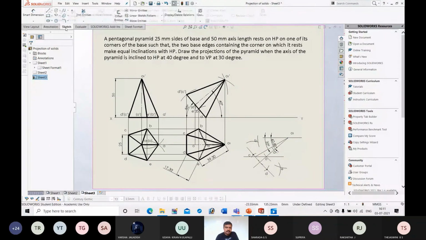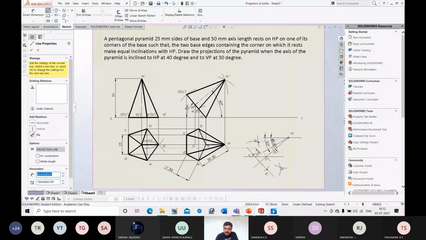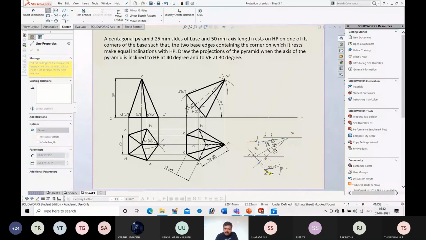Next, I will connect these things. Here you need not worry about the rule of visibility. You are redrawing the second top view as it is in a different orientation. You should make this axis inclined to beta angle. Remaining thing, if it is continuous in the second top view, here also that will be continuous. If it is dashed in the second top view, in the final top view also that will be a dashed line. So I will connect the points. Again, boundary points I am connecting.